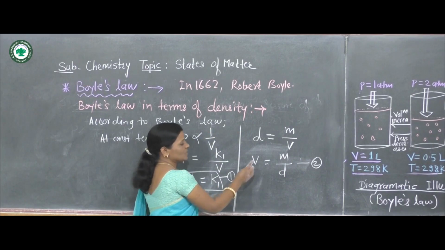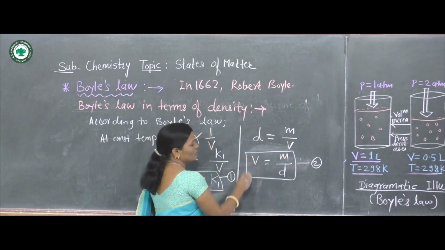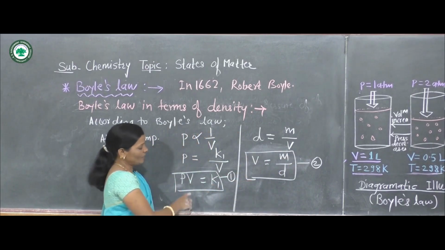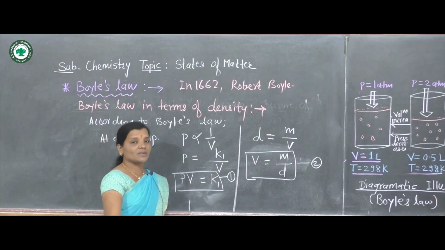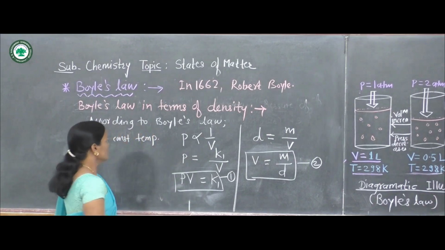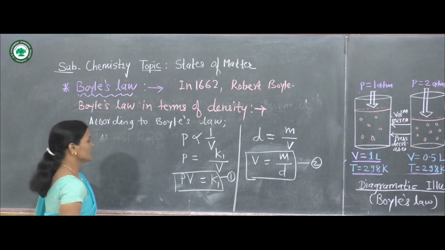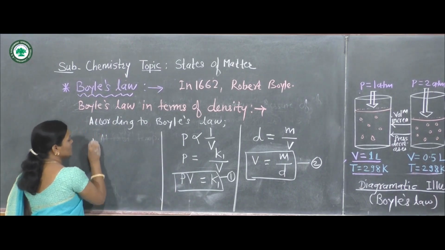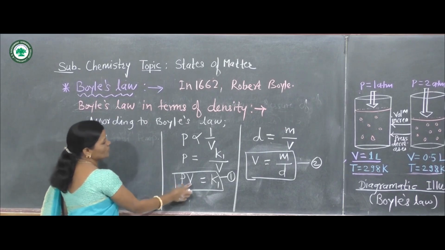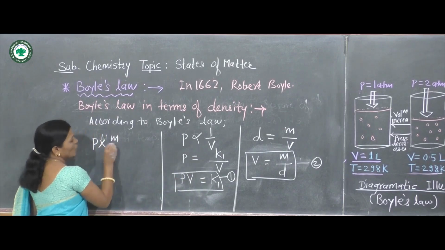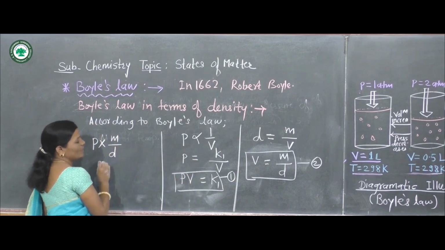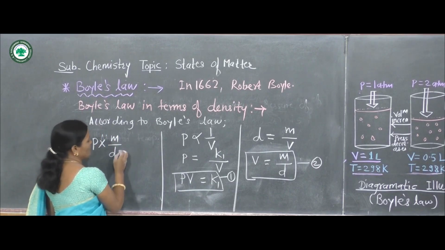Now by replacing this value of volume from equation number 2 in equation first, PV is equal to K1, then here we'll get the next equation, pressure into volume we have to replace by M upon D, mass of gas divided by density of gas